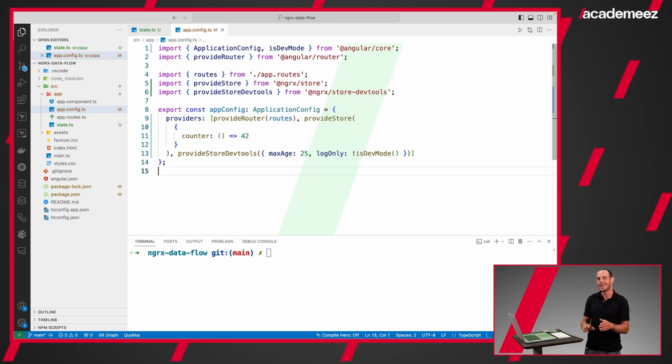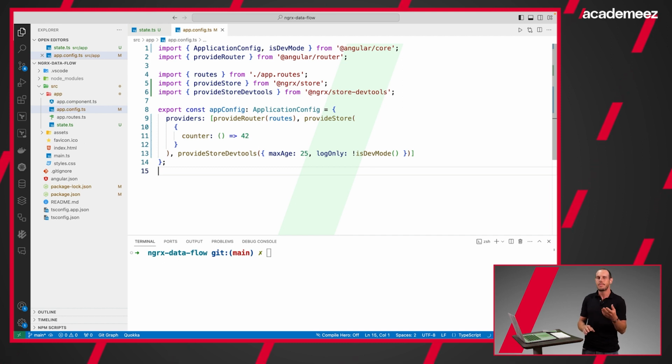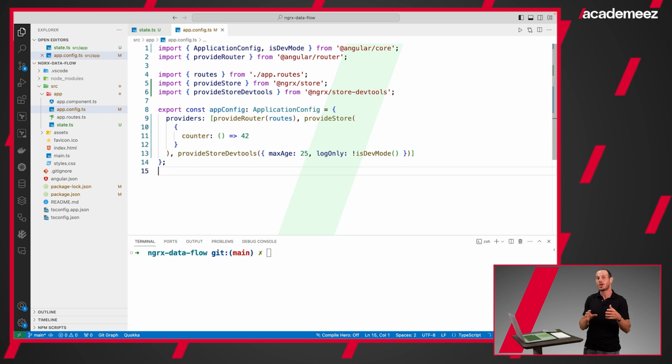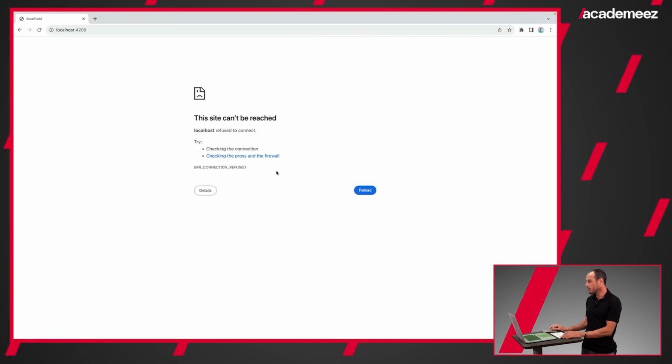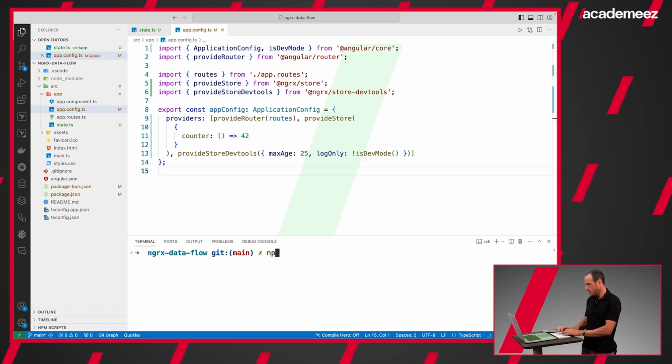Again, the code is not that important. The exact syntax is not that important. The API is not that important. What's important here is to understand the general data flow. And what we're doing now is we're taking the store and we're populating the state with a counter equal to 42. If we open our browser, sorry, we'll go back to the code, type ng serve,